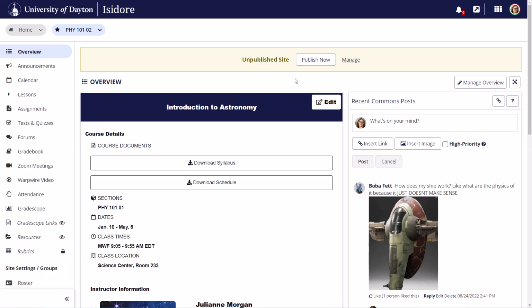By default, Isidore sites are set to be published, or made available to students, automatically starting on the first day of the semester, and then they get unpublished automatically at the end of the semester. But you can manage that access yourself. So in this example, I have my site set up here, and I do have this yellow bar going across